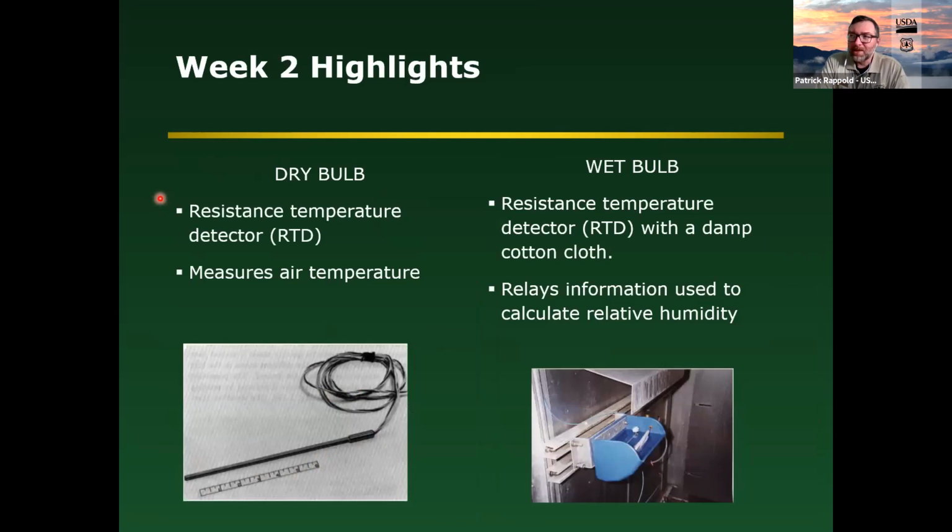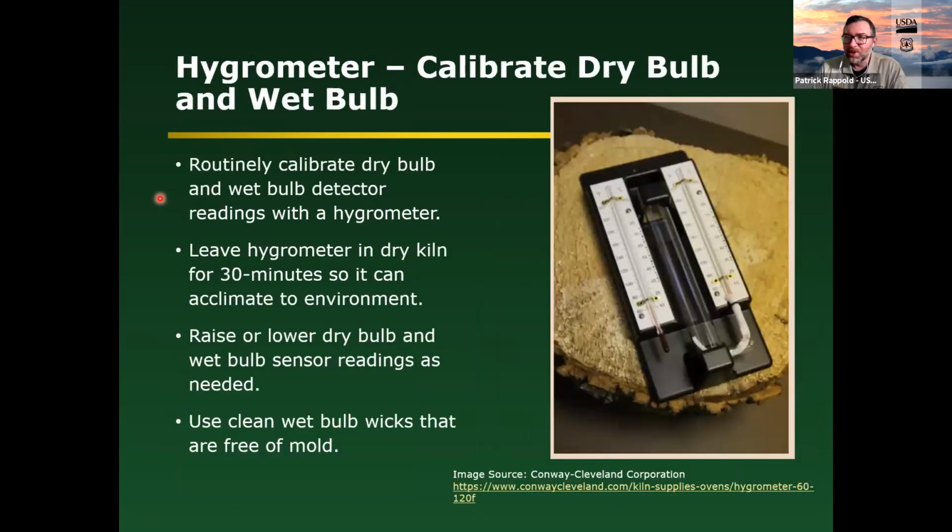We also talked a lot about dry bulb and wet bulb measurements. And so this will be the jump off for this week's topic of relative humidity, and that you really do need to have good, accurate dry bulbs and wet bulbs, and they can be calibrated routinely. I recommend that with a hygrometer to validate that you are accurately recording and reading the correct dry bulb